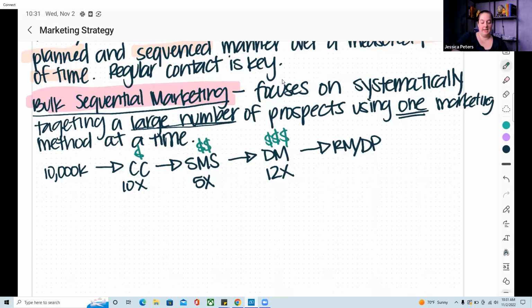And so let's say that we had 10,000 records here. Maybe we're going to get some not interested and leads and that kind of stuff in that process. Maybe only 7,000 go into the SMS, right? And then maybe only 5,000 go into direct mail. So there should be fewer going into each stage because you've made contact with some of them through that process at each stage. All right, and I'm going to draw just a little bit of a funnel here.